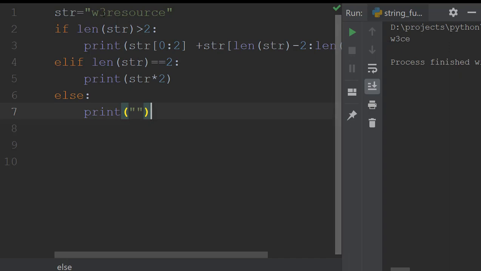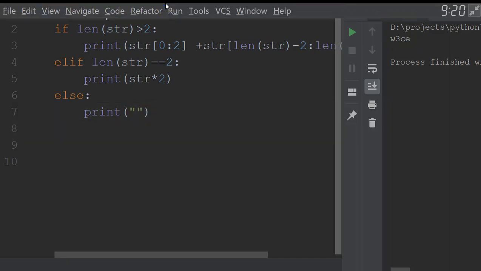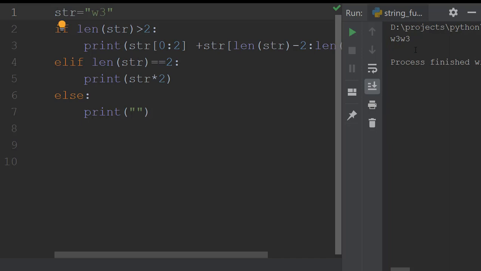See, since my string is more than 4 characters, I am able to get this. And if I reduce it to only 2 characters, let us check it out. See, this is working. So my string is printed twice according to the question. And then if we have only one character in a string, we are getting an empty string. Or if you want to write an empty string, you can always write an empty string, and let us execute it again, and you are getting an empty string.